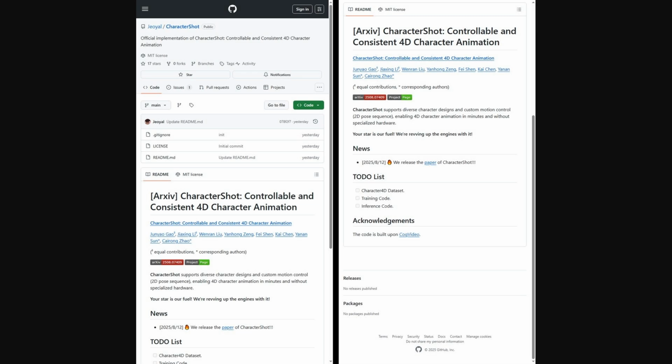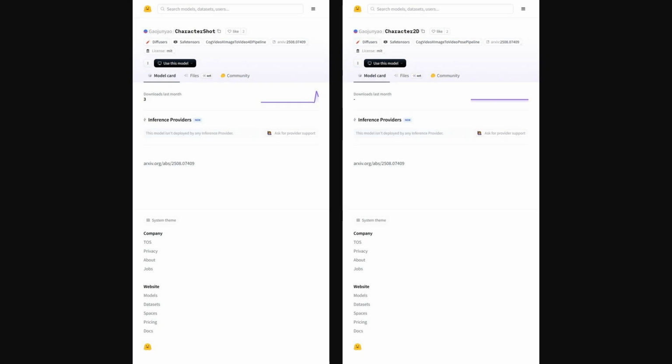Also, the authors shared their project on GitHub, and it's the official spot to watch for the implementation. Right now, the full code is still on their to-do list. But you will find the paper there, and you can track their progress as they work to release the code. Over on Hugging Face, you can find the CharacterShot and Character 2D models, complete with downloadable weights and usage examples